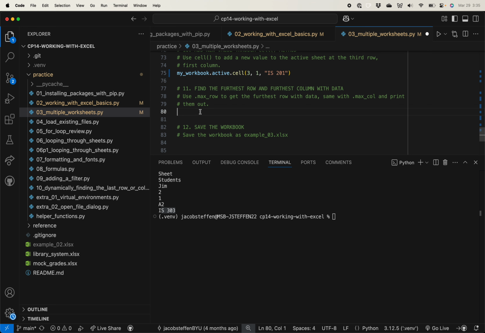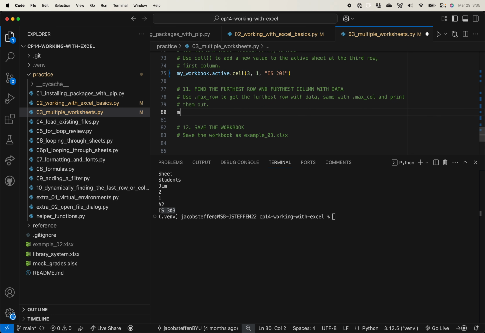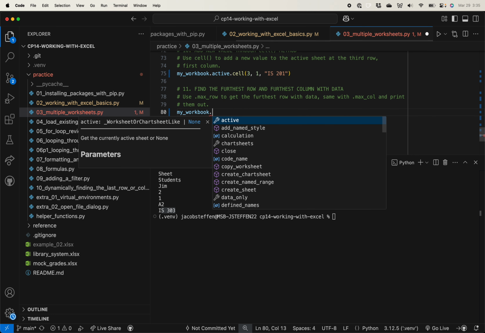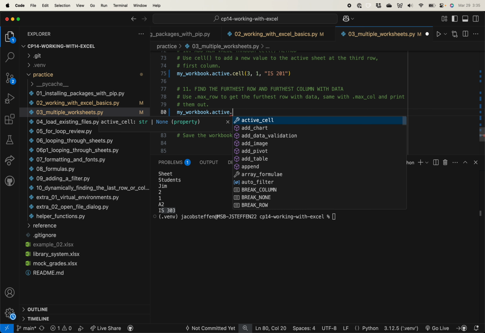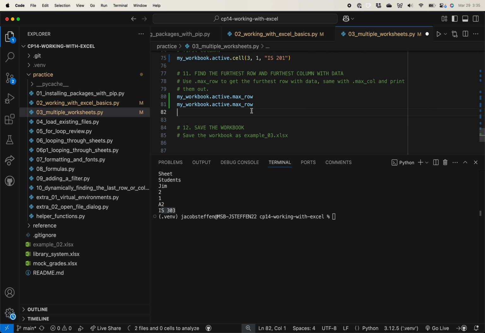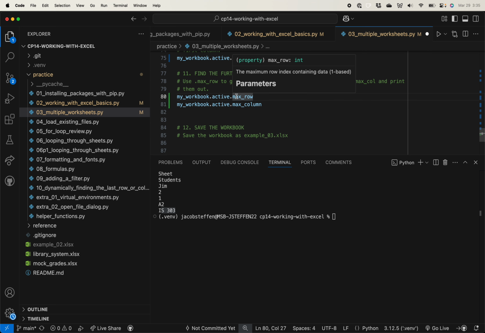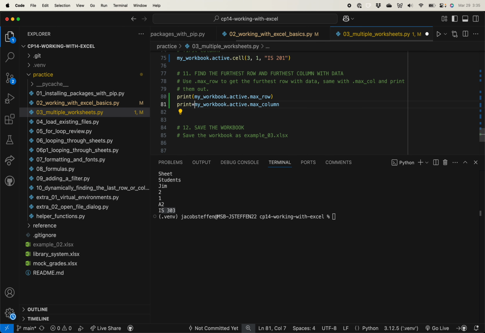Then I'm going to add that data in. We're going to find out the furthest row and furthest column, and then we're going to save it and we can look at it for reference as well. So let's do my workbook. Let's do the active sheet. Let's do max row. And you can do the same thing with max column. And what this does is it finds, within a specific sheet, the row furthest down that has data, or the column the furthest out that has data. Sometimes that's useful for knowing what ranges you want to apply things to. So let's do print,